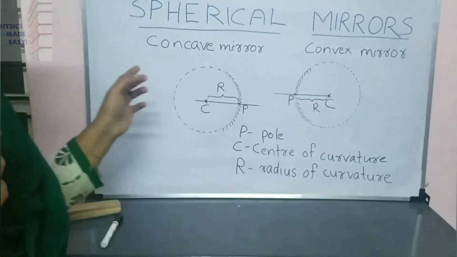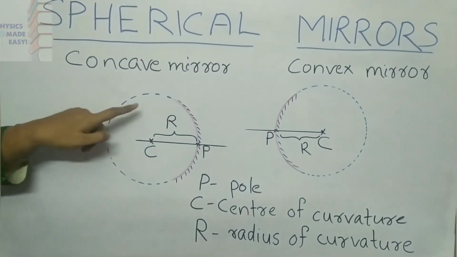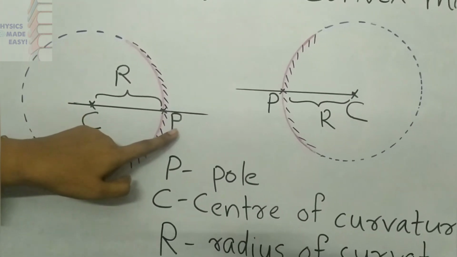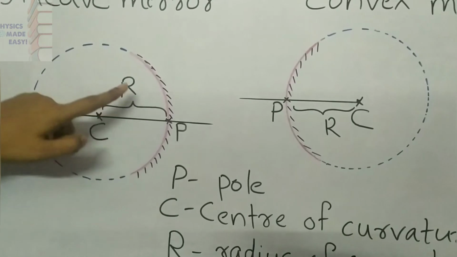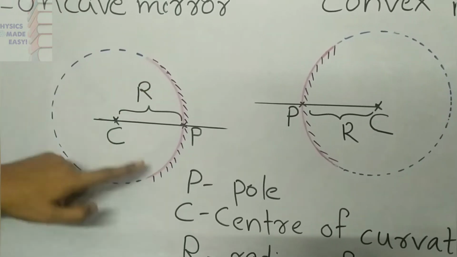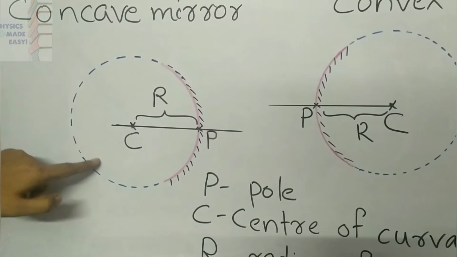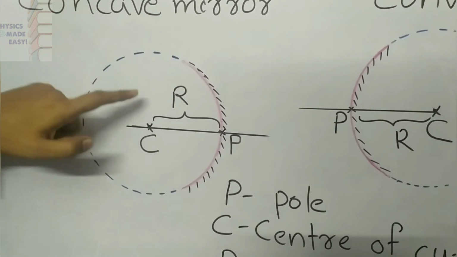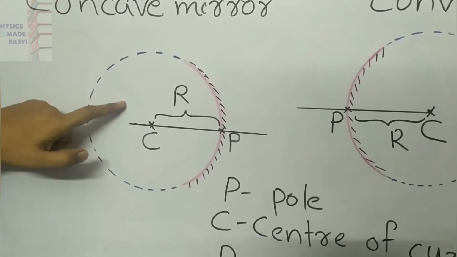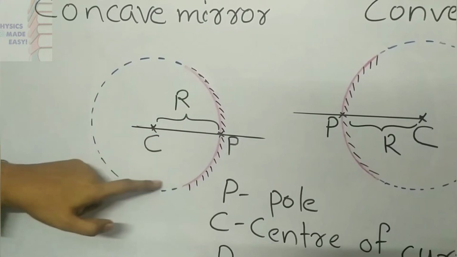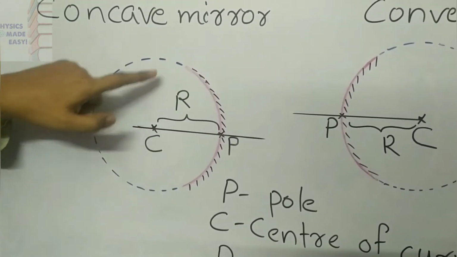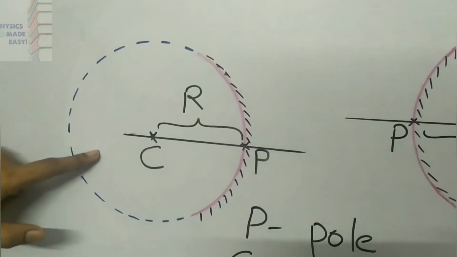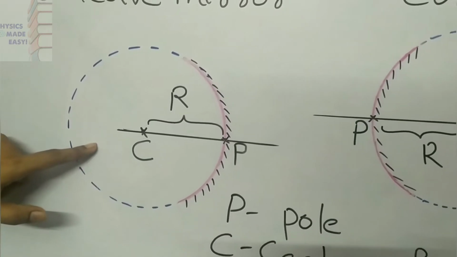Now look here. You can see a concave mirror, its reflecting surface is curved inwards, and here a point P, that is the pole of the mirror. In pink color you can see the mirror, and blue dotted lines. From this you can see the shape of a circle. I can't draw a sphere here, because that is a three-dimensional shape. Only a two-dimensional shape can be drawn in a plane. So from this you can understand this mirror is a part of a circle on this board, but actually that mirror is a part of a sphere.